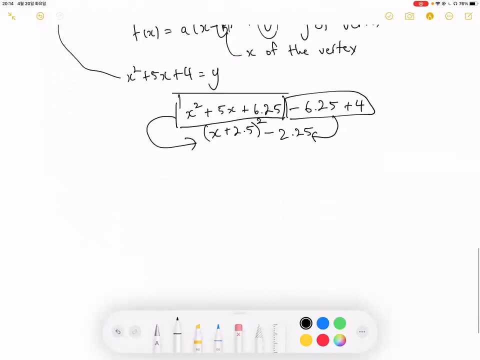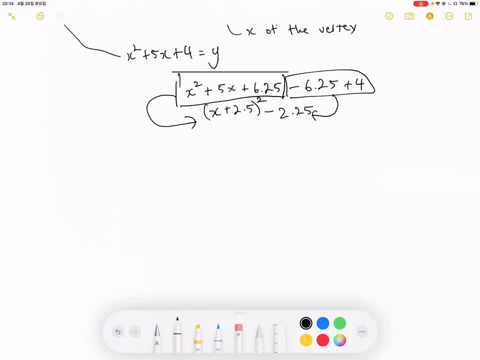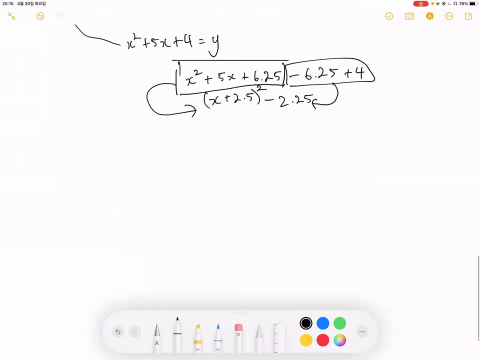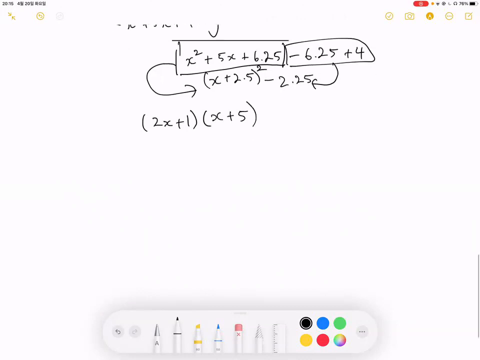Okay, so that was the vertex form. This was a very simple example, and I know I explained it very quickly, and hopefully you understood everything so far. But let's move on to a harder example, and let's start out with a harder factorizing example. I'll start with the FOIL method. Let's say (2x plus 1) times (x plus 5). Now this will equate to 2x squared